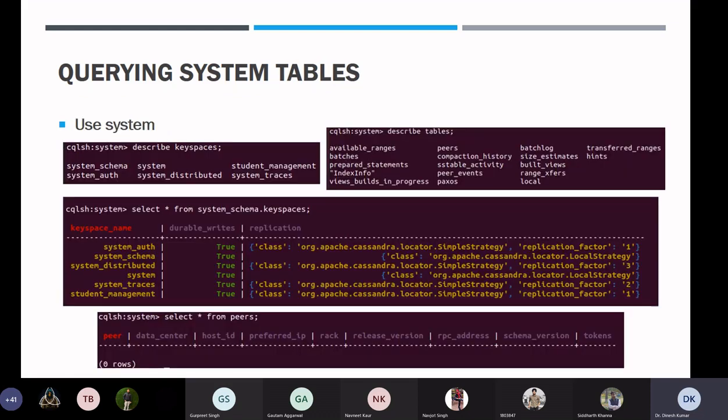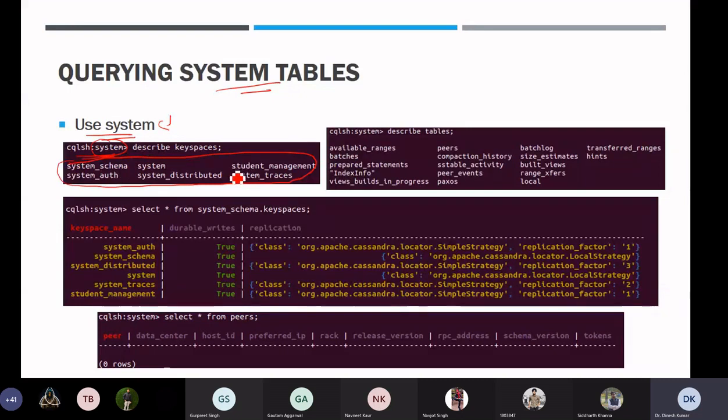I have put all these few commands which we can apply on the system tables into a single slide. If you apply USE system, you will enter into this particular system keyspace, with this prompt. If I say DESCRIBE KEYSPACES, it will display all the keyspaces currently in your database.